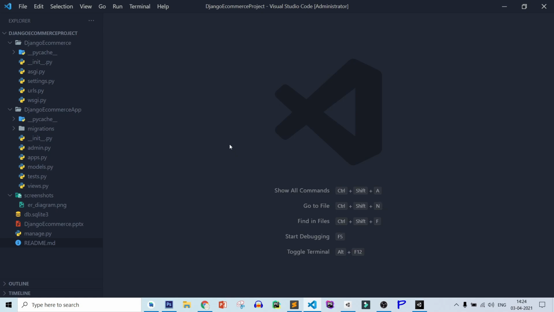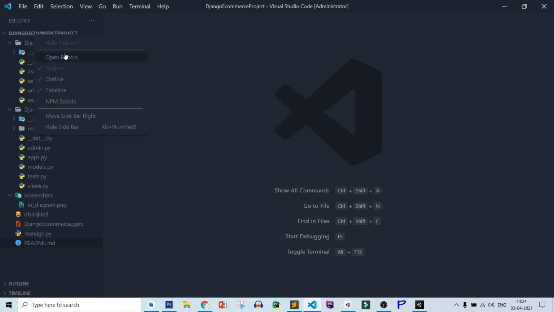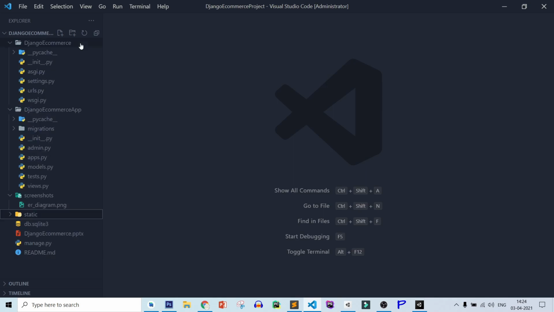So first, before starting, let's create some folders for our files. Here, right click on this new folder. First select this parent, then right click, then click on this folder icon and create two new folders. First is static. You can see static has been created. After that you need to create a media folder. So media. Let's make it outside, move it, and you can see static, and next is our media folder. So you can see it's created.